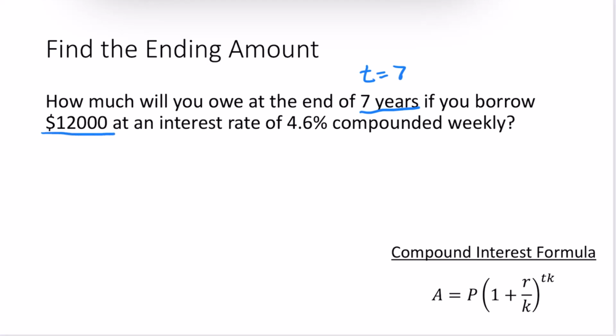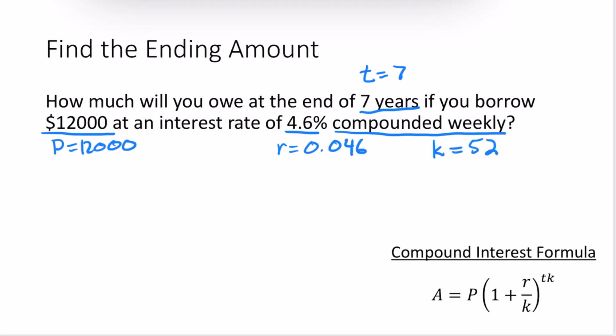The amount that I'm borrowing is $12,000. And I'm borrowing it at the beginning, and so that's going to be my P number. I have 12,000. And the interest rate is going to be 0.046 because that's how I would write the percentage as a decimal. And then the fact that this interest is being compounded weekly means that K equals 52 because there are 52